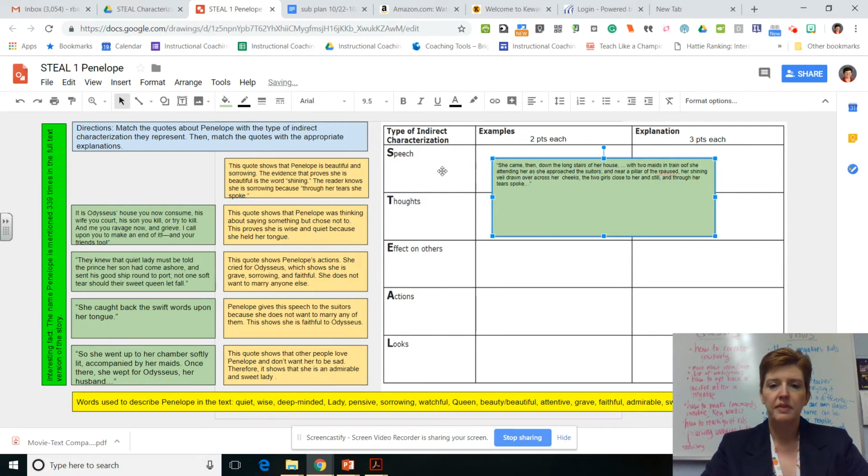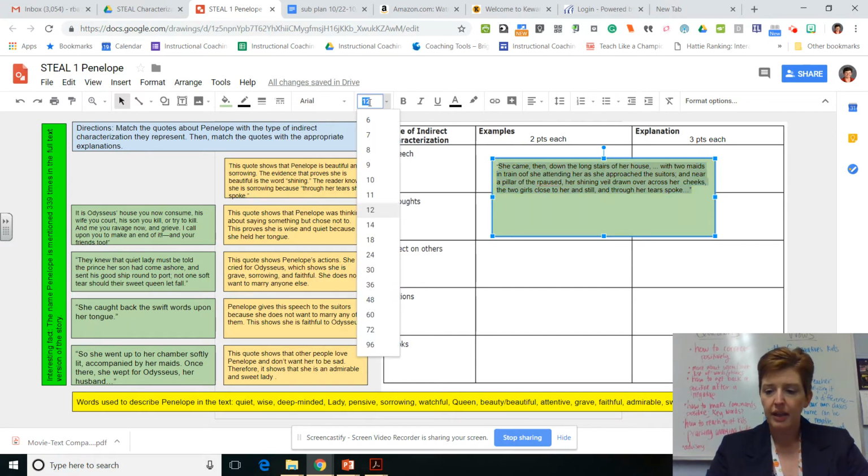Is it an example of speech, what Penelope says, thoughts, what she thinks, the effect on others, meaning how other people act around the character, what she does, actions, or looks, how she looks? So in this particular quote, we see that Penelope,